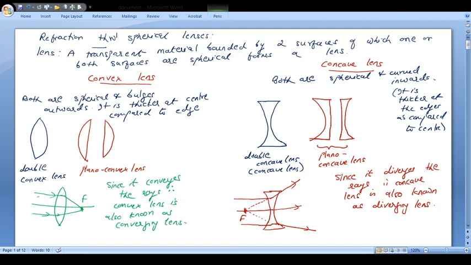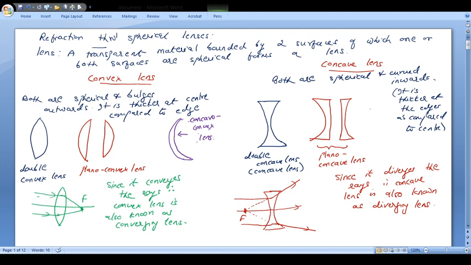Now one more case of lens which you can consider. It's not given in the textbook but you can also see this. If one part is bulged out, let us suppose this part is bulged out, but the outer part instead of bulging out is bulged inwards, like a moon. Still you will find that it is thicker at the center and thin at the edge. So this kind of lens is known as concavo-convex lens, because one side is basically the shape of a concave.